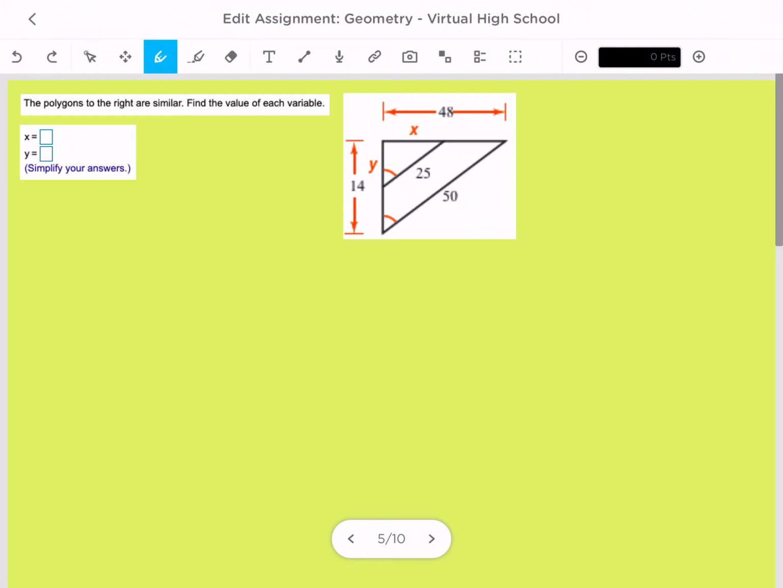So the polygons to the right are similar. Find the value of each variable. So we need to find the value of x, and we need to find the value of y. So this triangle right here